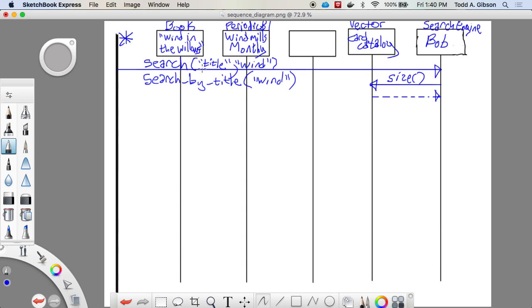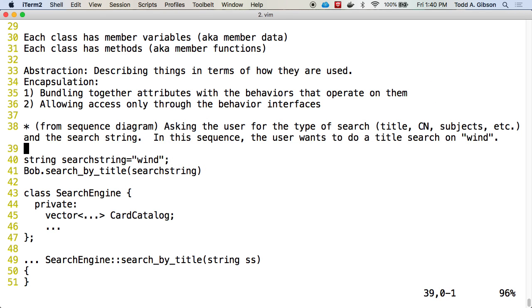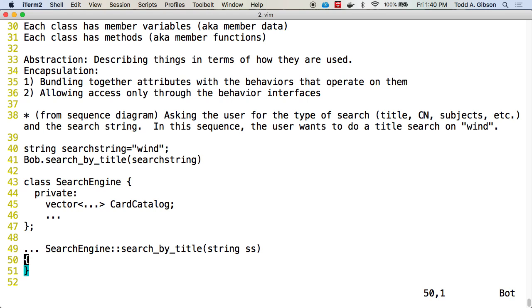So again, the arrows end up being member function calls, if you will, and the dashed arrows are return statements. So we're giving control to Bob. Bob is, for a moment, giving control to the card catalog, and now the card catalog is giving control back to Bob. That's a very long-winded way of just simply saying